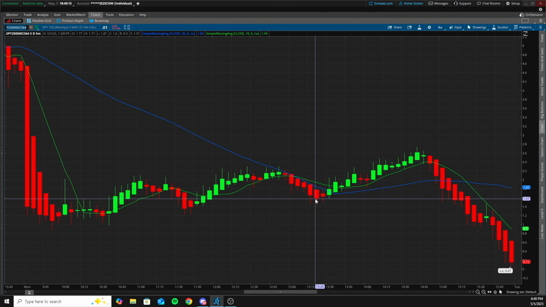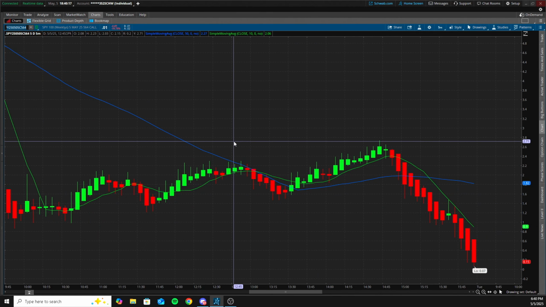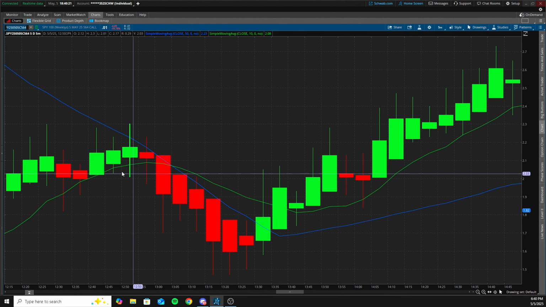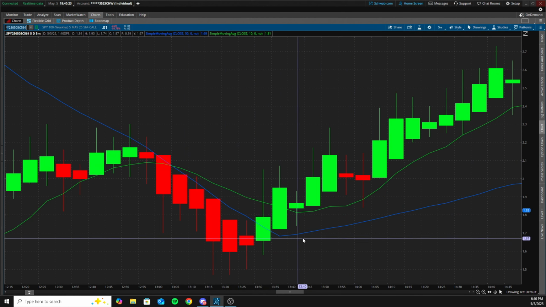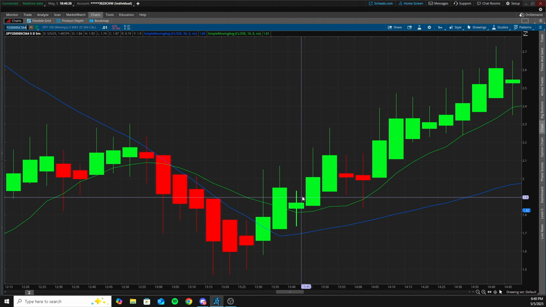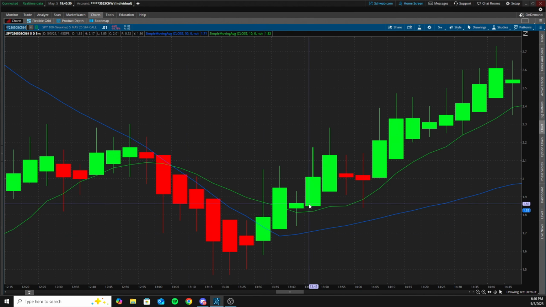And then all you had to do was wait for the call cross. We got the call cross, and here it is. We got the 10 going above the 50. Obviously, you don't enter once that crosses. You have to wait for the 50 to curl. The 50 curled down in here. You could have got an entry on this candle, or a pullback to the 10 right here. I mean, this was pretty much the pullback. This was your low risk entry.